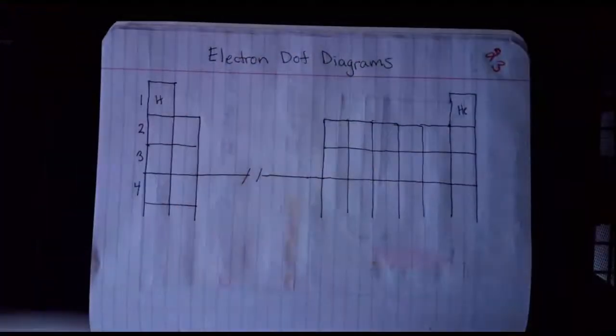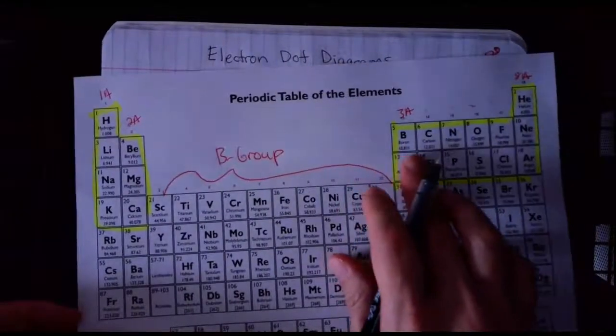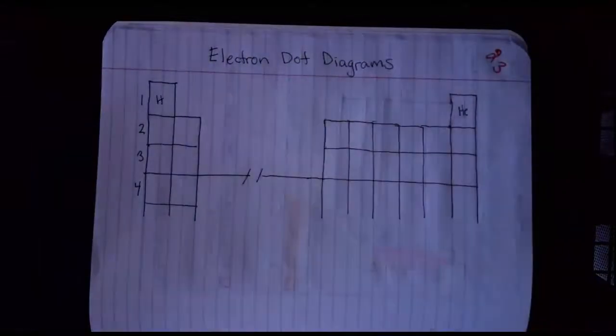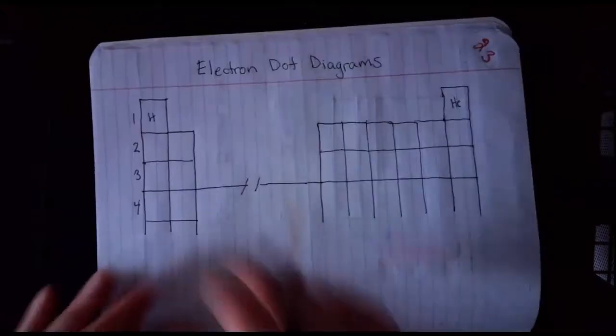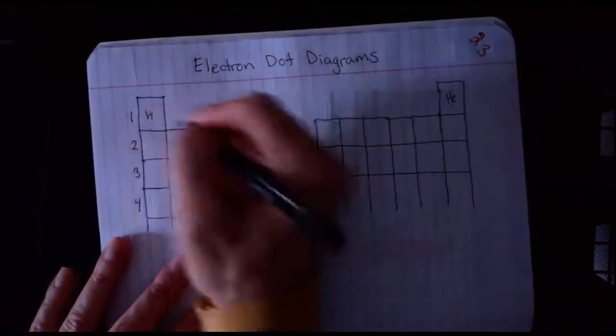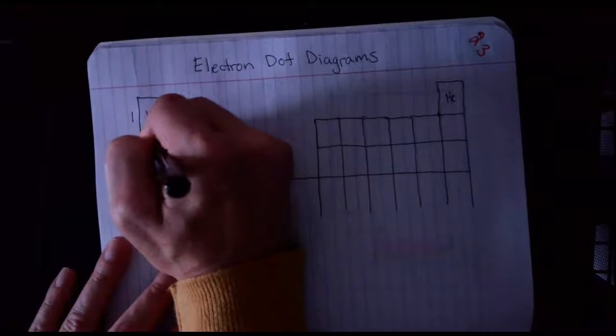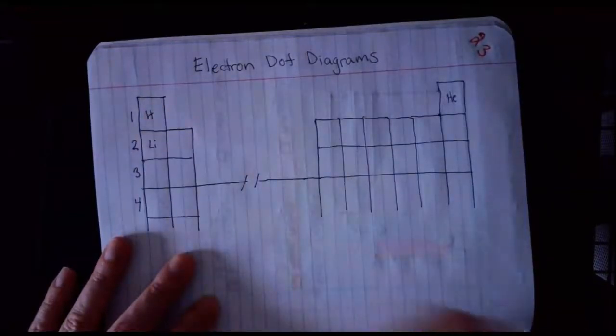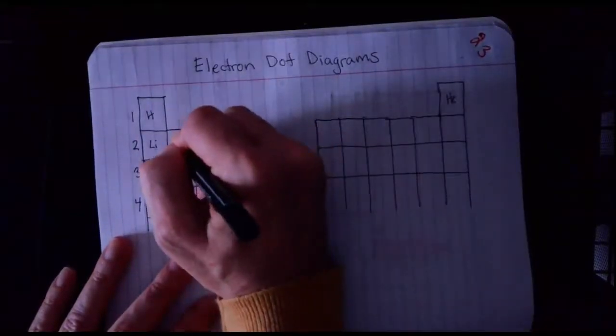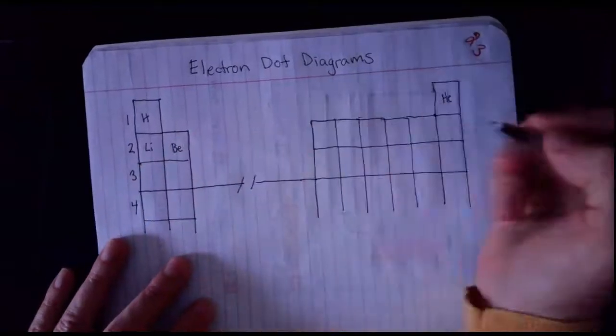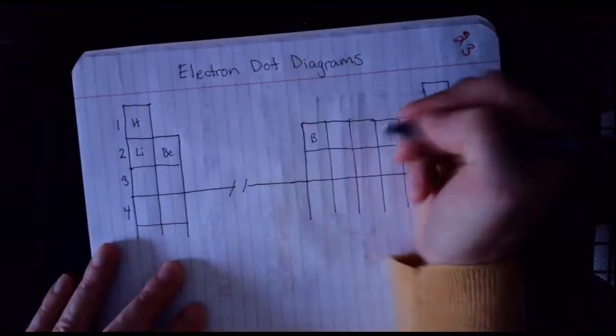You could just look at your periodic table and put your element symbols in there without having to stare at your computer screen. So there's lithium in the second period,